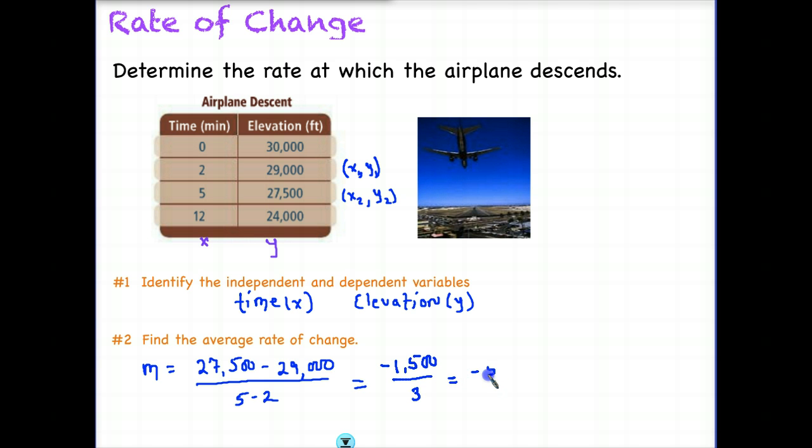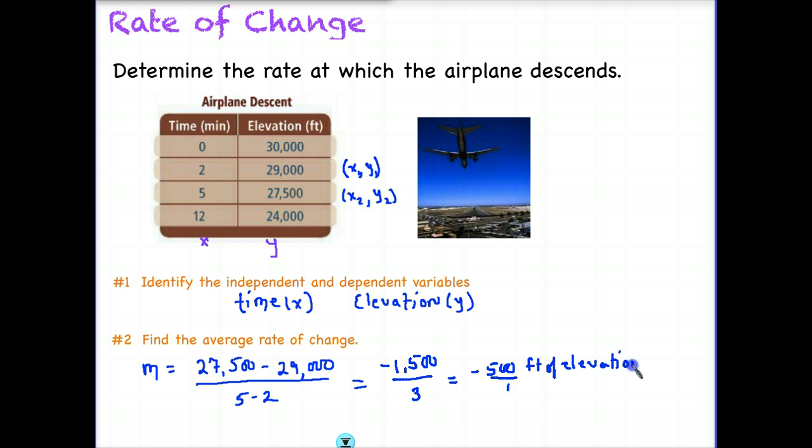We get negative 500. And because this is rate of change and we're dealing with an actual situation, we need to say what that 500 represents. Well, remember this is like 500 over 1, so we need something to describe our y's on top, and we need something to describe our x's on the bottom. Well, we said y represents elevation, so our plane is losing 500 feet of elevation, so this represents negative 500 feet, it's in feet, of elevation